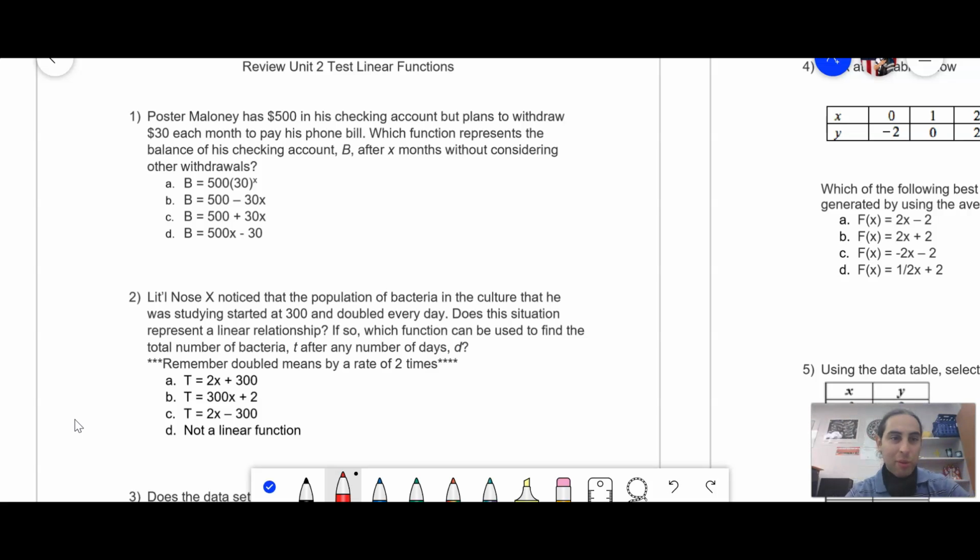All right, so let's think about this. Mr. Maloney has $500, right? So that is what he starts with. That's his B, beginning. That's like a Y intercept in a linear equation. But notice how it says withdraws $30 each month. This can confuse people because they don't know if they're adding or subtracting, but doesn't withdraw mean to subtract? So you've got your $500, and you're subtracting $30,